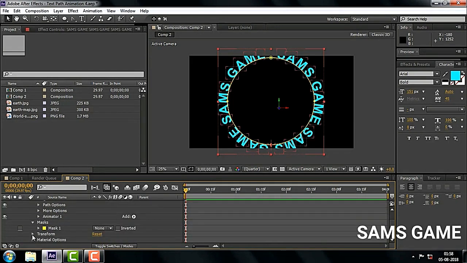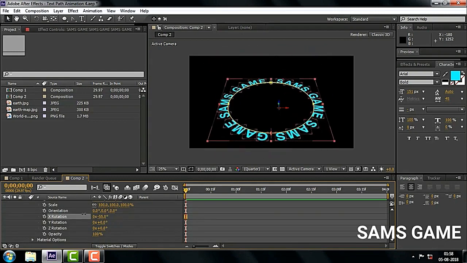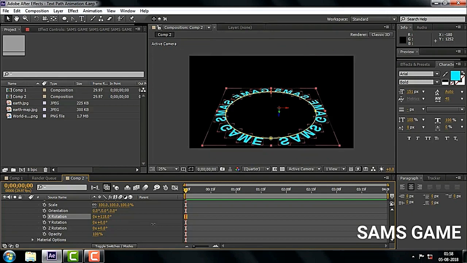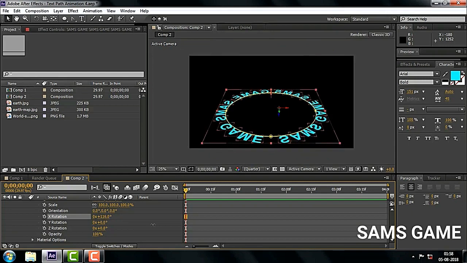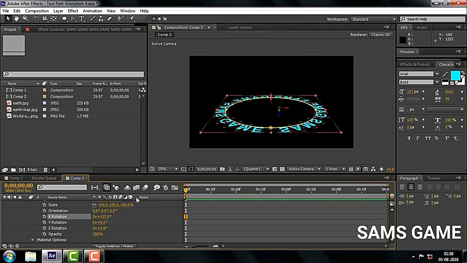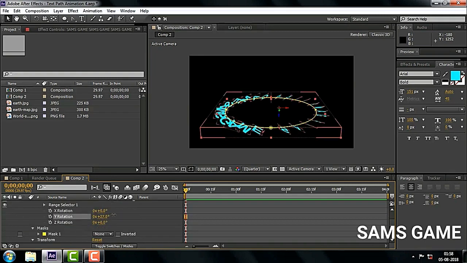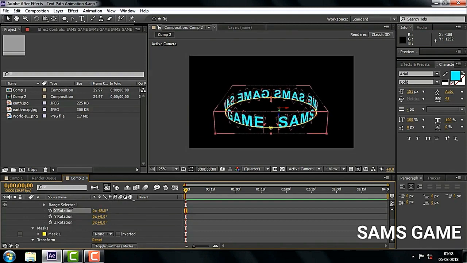Like this I will be rotating in x positive, you can see, or in your case whichever is right you can do. After your layer is rotated, just go to animator 1 and select the y-axis like this, and your text will look like it's standing on that circle. It will look like it's on a path. Okay, just select the right axis and rotate it like this in a 90-degree direction.